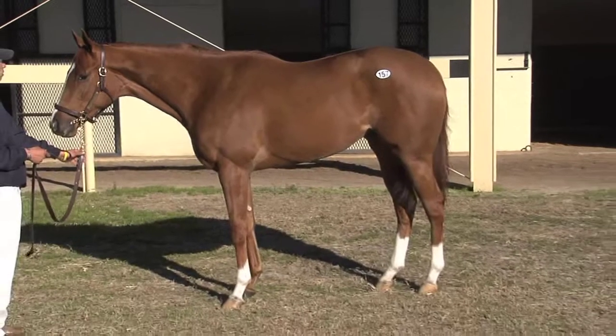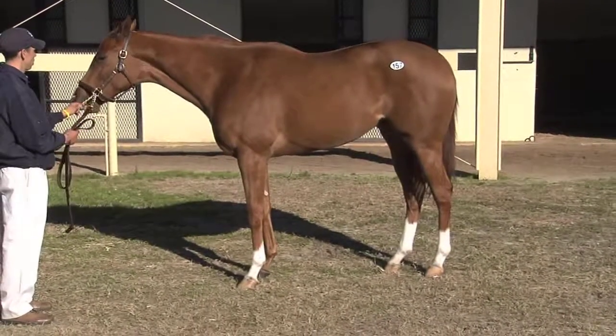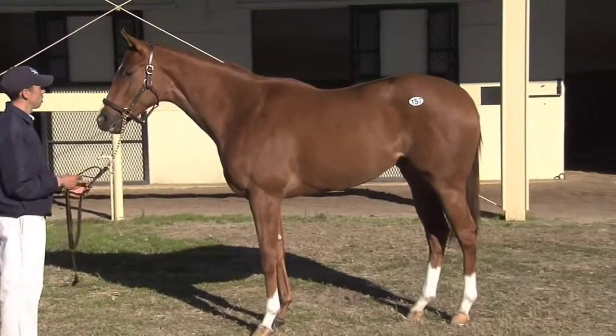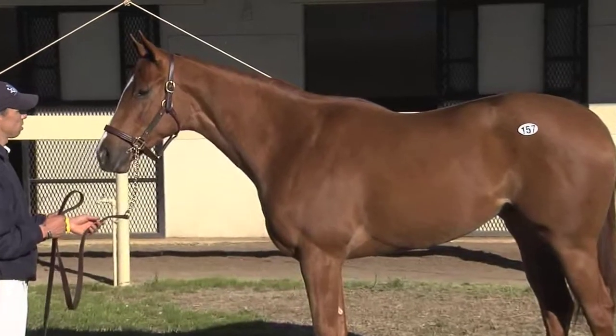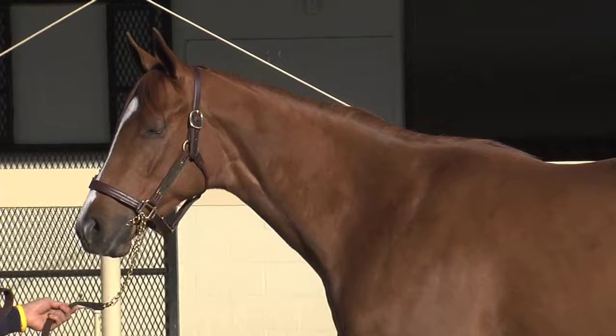So all those things put together, but we've had a lot of luck, especially from OBS, from Ocala, buying a Smoke Glacken a couple years ago in the form of Irish Smoke. She got the job done in the spin away and was a Grade 1 winner in 2007. So they're durable. They're honest. They really bring their A game all the time, and you can get